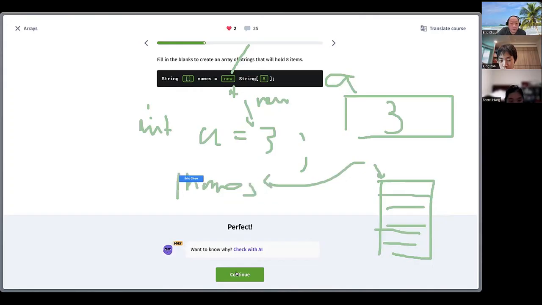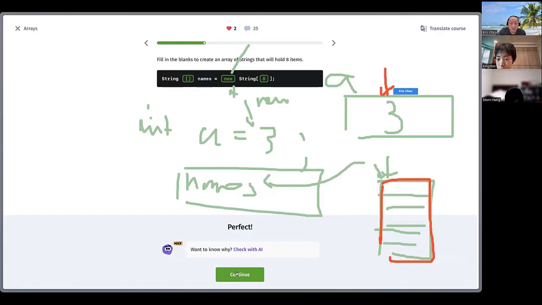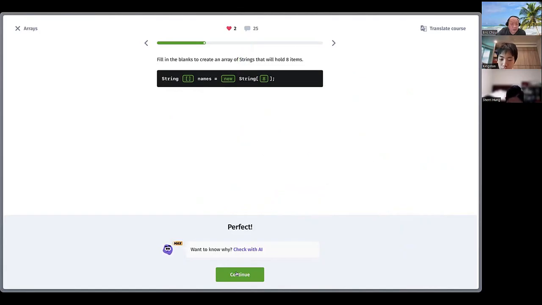The name holds the beginning address of that array. So this new means allocate a new memory for me. Oh, it doesn't store right into the variable. The variable name will store the address, say maybe AABB. So AABB will be stored in there. Okay, anyway, keep going.